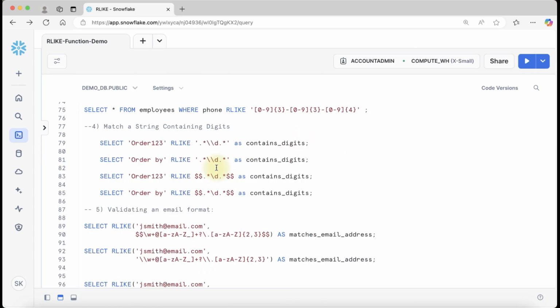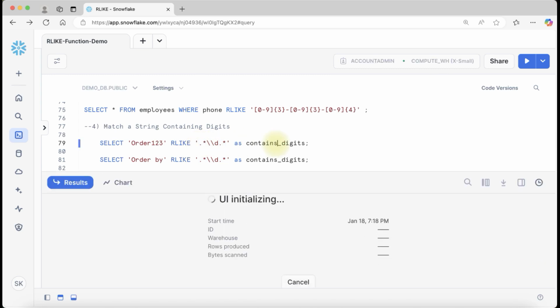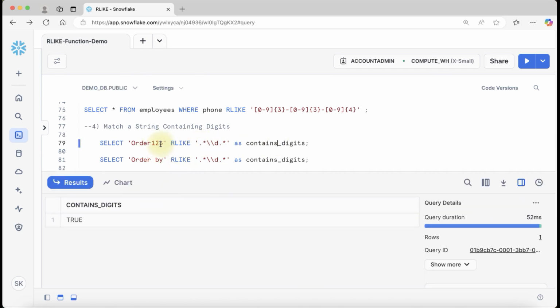Okay, now let's move to fourth use cases, matching the string containing digit. Let us suppose in any column we want to validate whether this contain any digit or not. So we can use here select, we use here string, this is the random string, then we use here RLIKE function, and this represent digit dot star, means any character. Okay, and this is the wildcard character dot star. Okay, so if I execute this contain any digit,